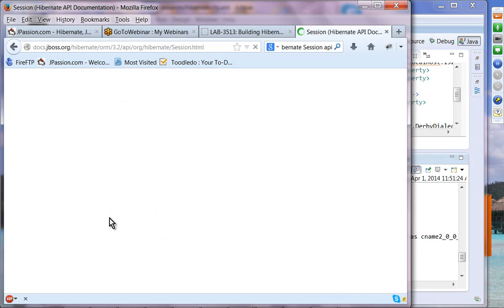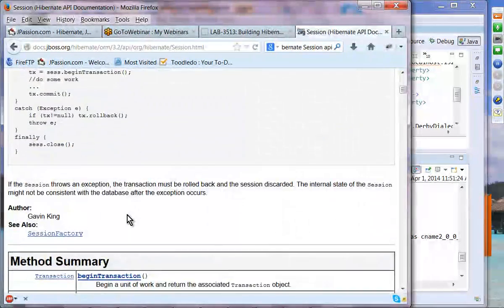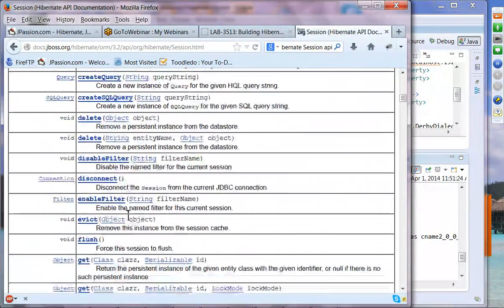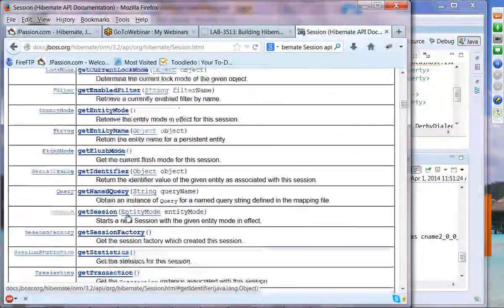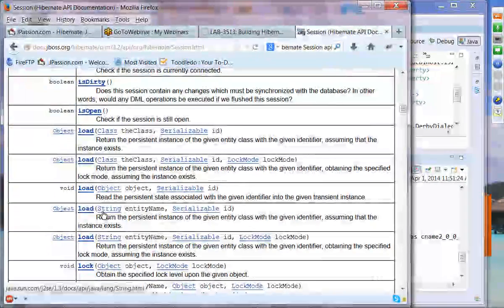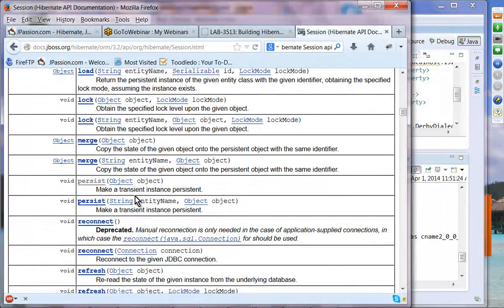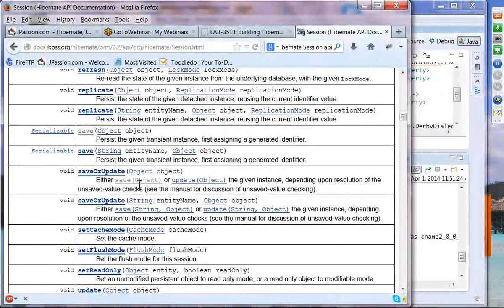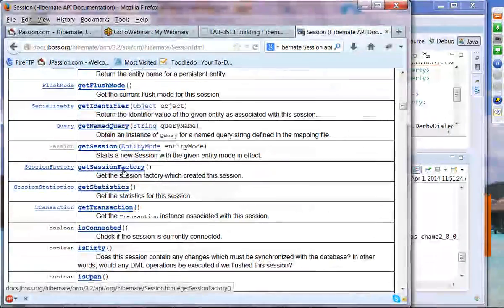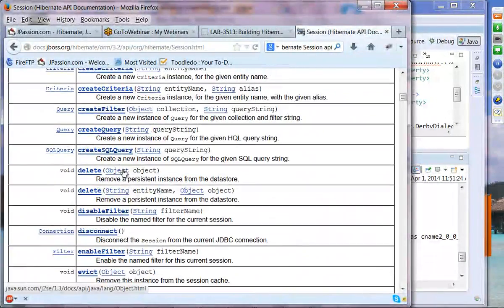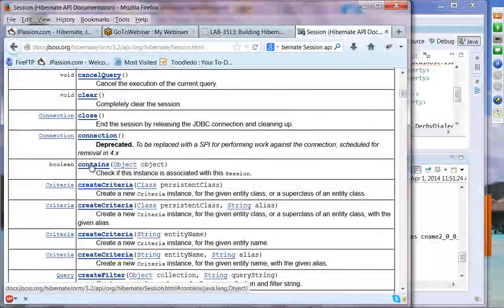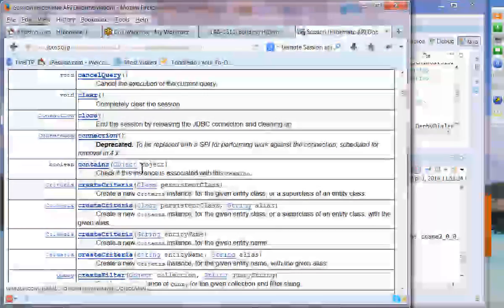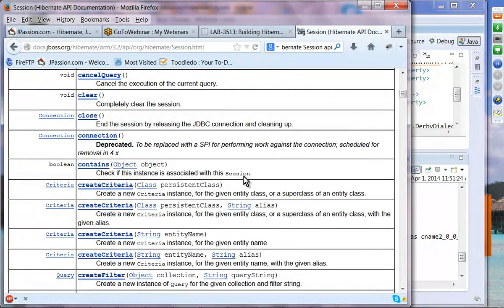So I'm going to just go to this guy, and you can actually see a bunch of methods. What we have played around with was the save method and the merge method. We haven't tried the other methods, and the contains method is contains. You can check whether the object is in persistent state or not, meaning whether the object is associated with this session or not. Okay, so try to call this method in various places and see whether they are behaving